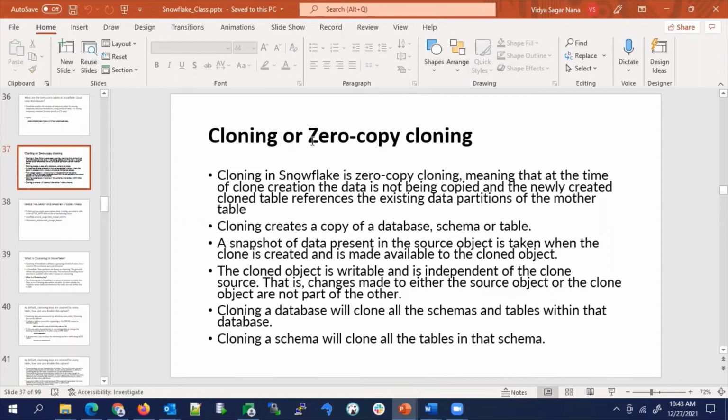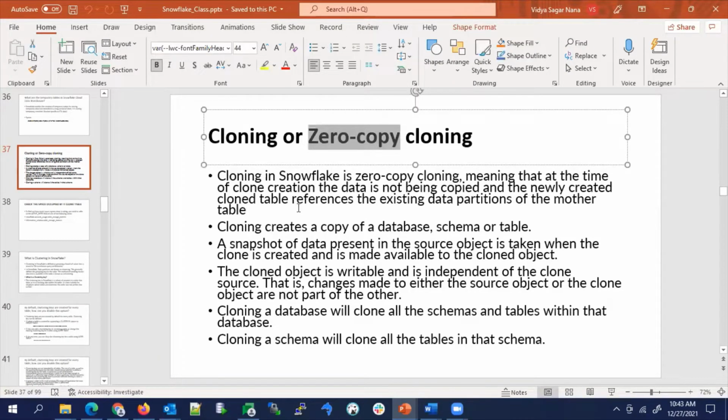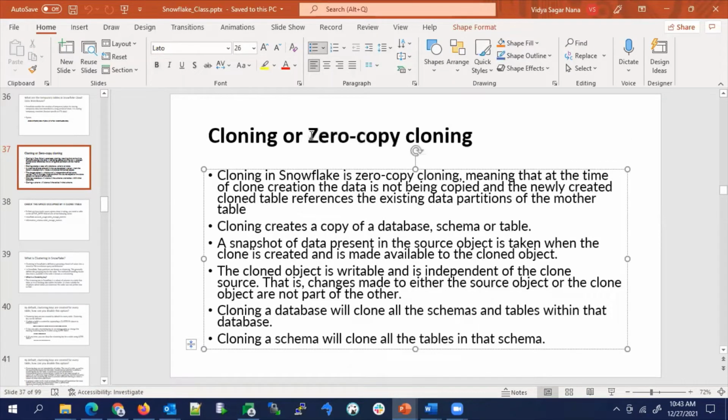This is zero copy cloning. So here, what is the advantage of zero copy cloning and what is the use of cloning, everything we will discuss. Cloning in Snowflake is called zero copy cloning, meaning that at the time of clone creation, the data is not being copied, and the newly created clone table refers to the existing data partitions